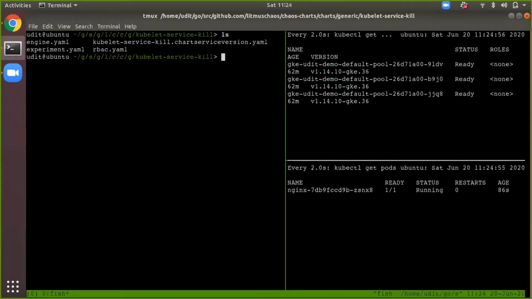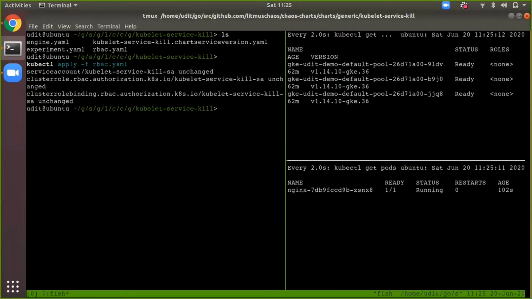So I'm installing the RBAC first, and then I will install the experiment.